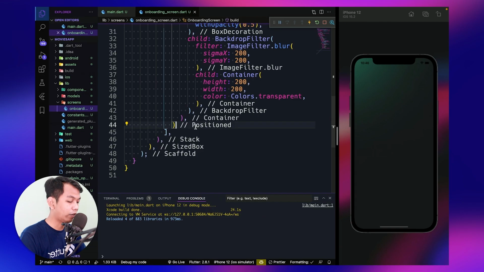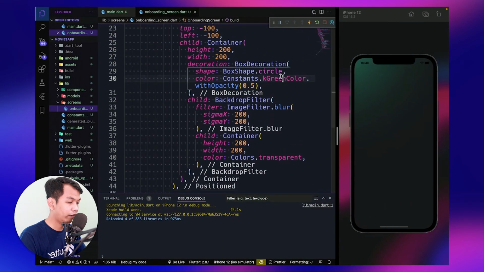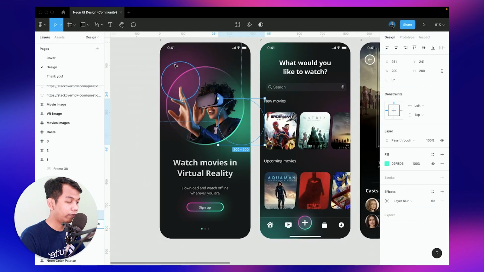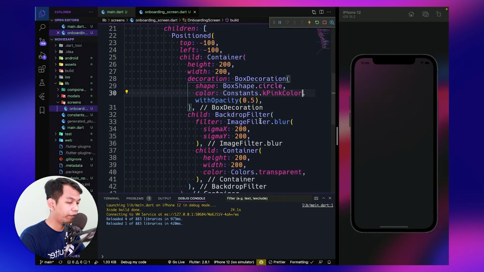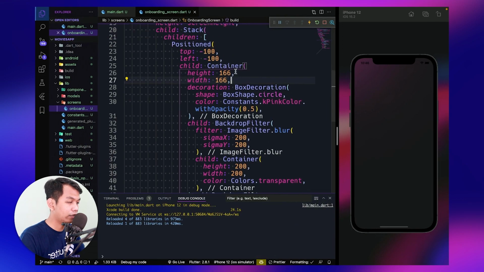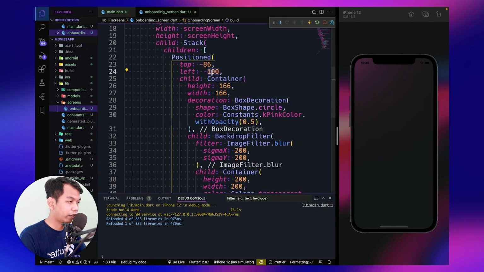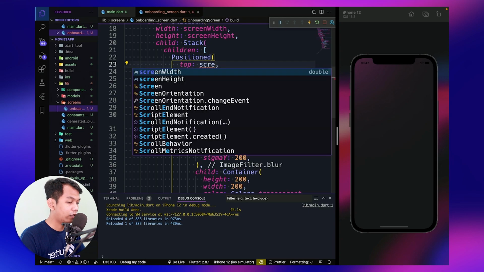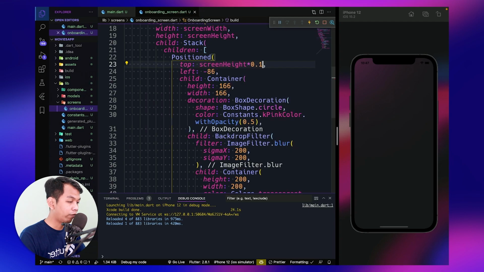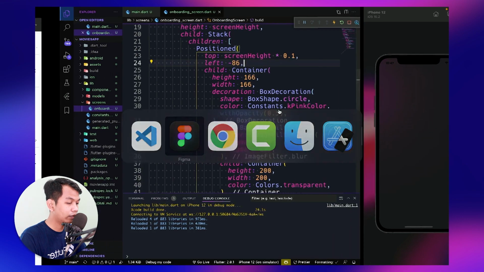And the next one, okay, so I think we need to use the pink color, because from this we see this pink color, and maybe this is 166, and for the left is 89, and for the top, let's use screen height times 0.1, which is 10% of our screen height, look like this.